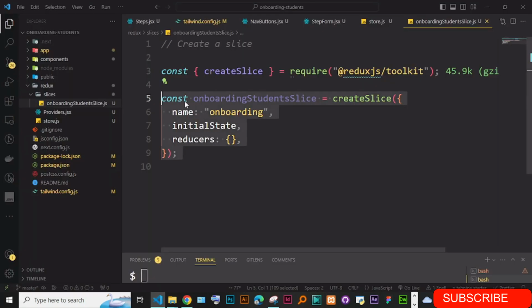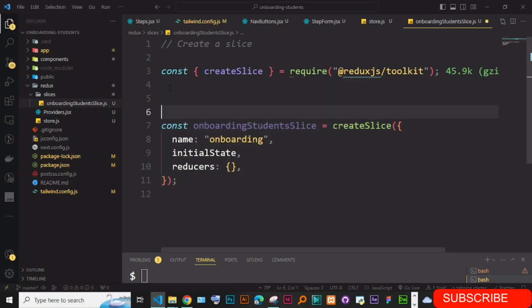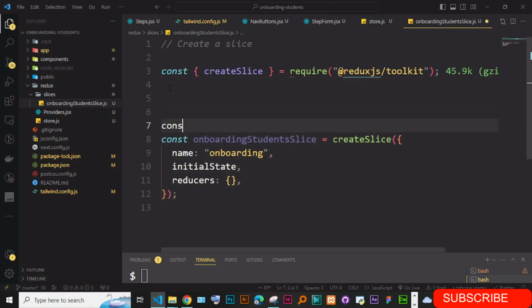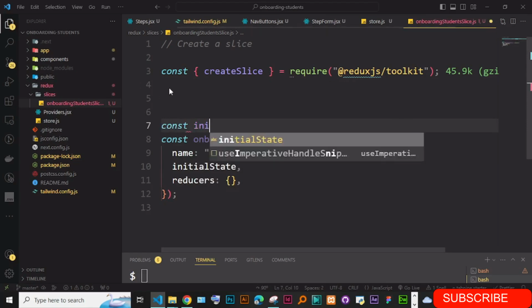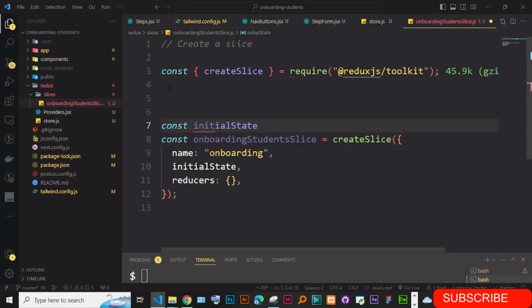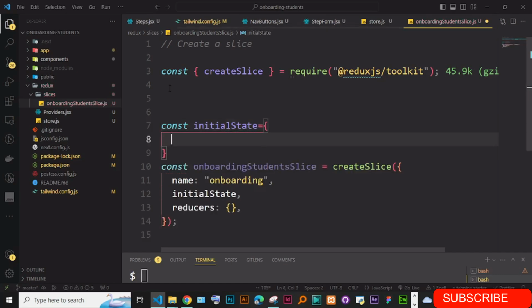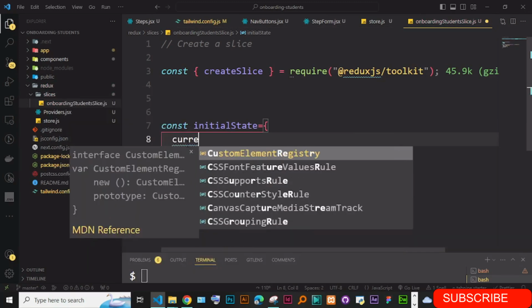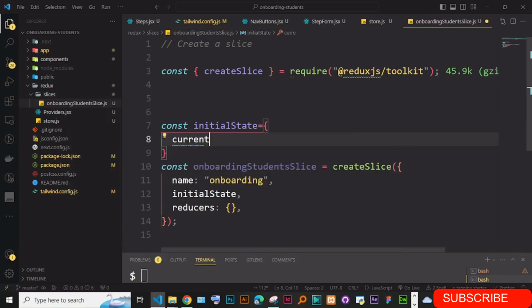So we can first define the initial state. So here you can just say const initialState. What do we want to keep in the state? That is the most important thing. What do we want to keep in the state? The first thing, of course, is the current state. Okay, we want to get the current state,